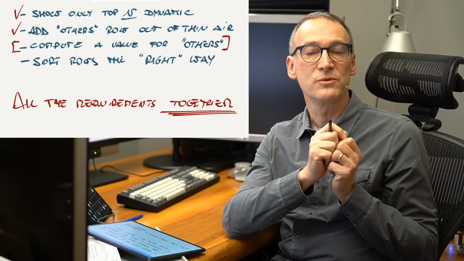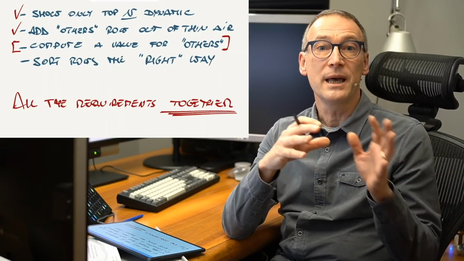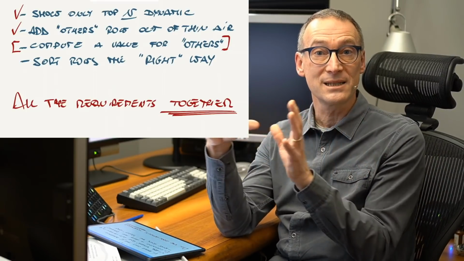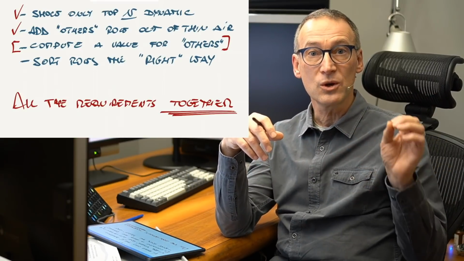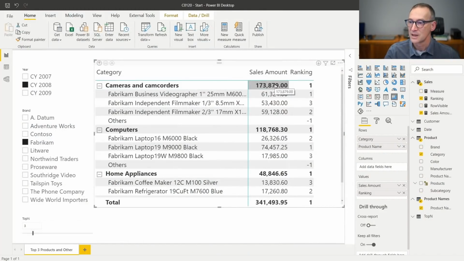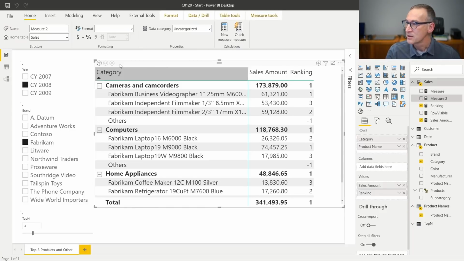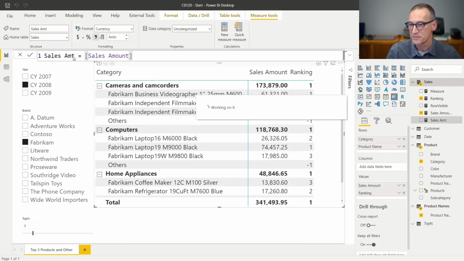So to do that, we will need to update the measure we use. We will no longer be able to use sales amount. Instead, we will need to create a new measure that computes the sales amount for all the products except for the others rows. For the others rows, we will use a different calculation. Let's do that. So the next step is fixing this column, sales amount. I cannot use the sales amount column. I will need a new measure. So let's start by writing a new measure. Let's call it sales AMT, which at the beginning is just sales amount.